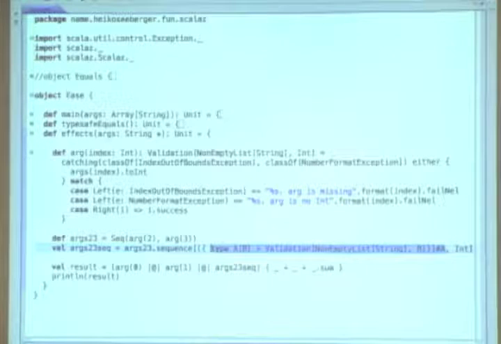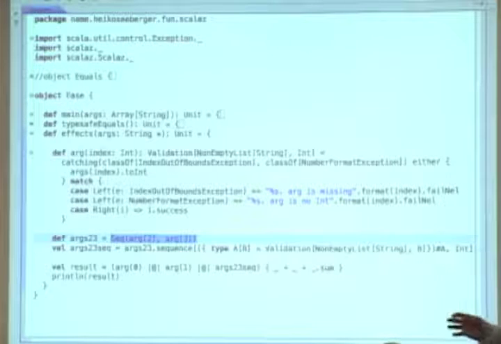Okay, and using that, as you can see, the code compiles again. So we have a method here that returns a sequence of validations, and we just turn it around and make a validation of sequence out of it.